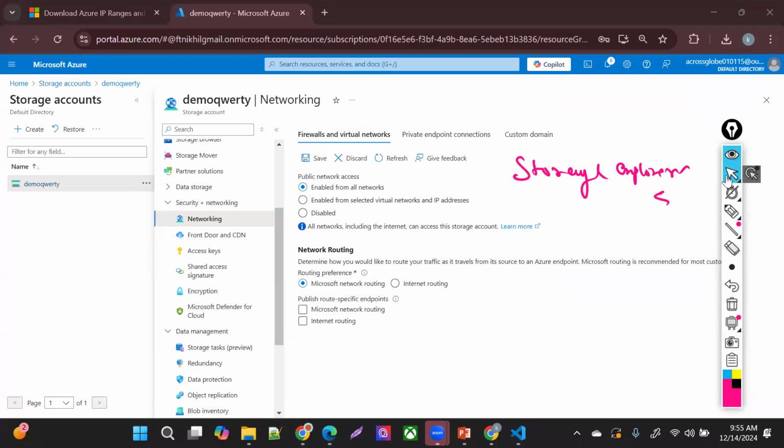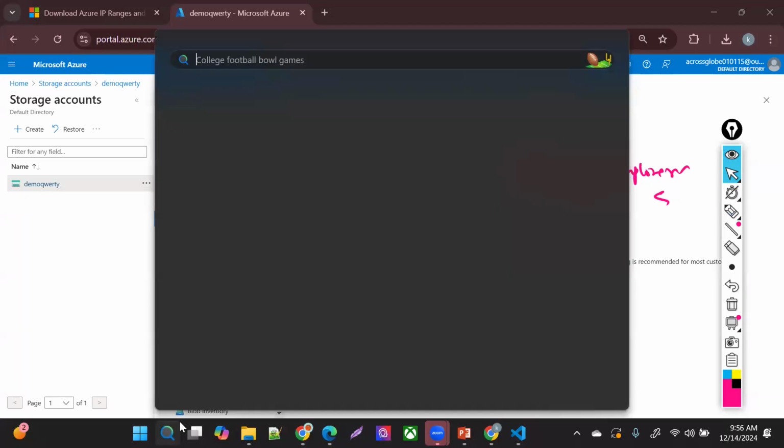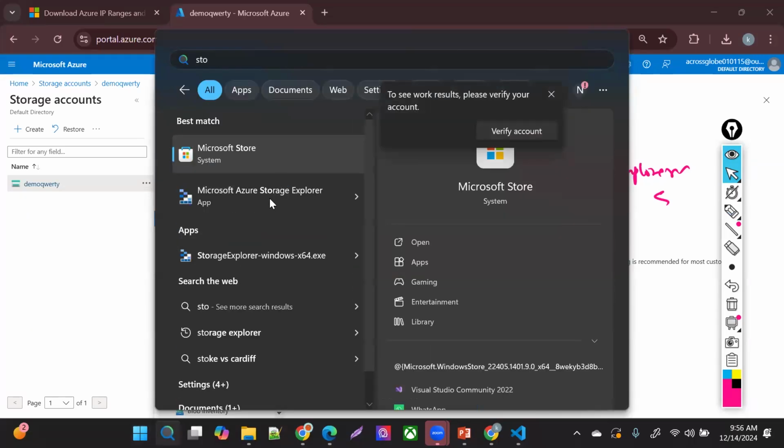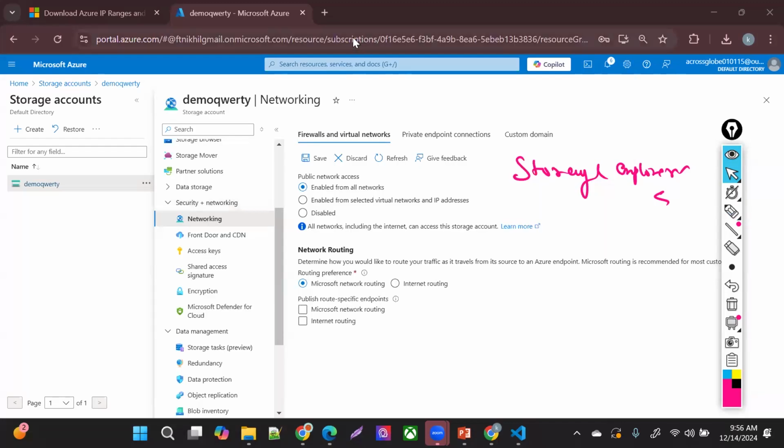So first thing I'm trying to access it from the internet. Enable all public access, with no service endpoint configuration on my storage account. Although I created it at my VNet level, I have not done any configuration, and not allowed any VNet on this storage account. Now let's access it from the internet. I do have that Storage Explorer downloaded earlier in my previous class. So I'm going to search it here. Storage Explorer, yeah, it's there. Very simple to download it here.